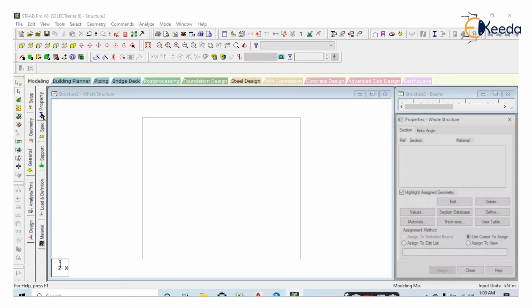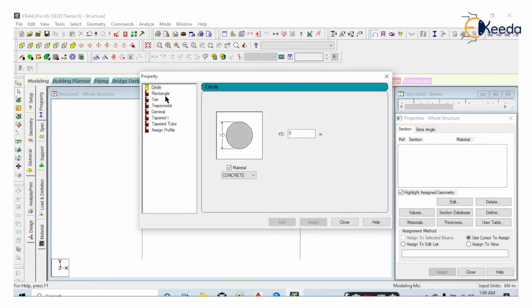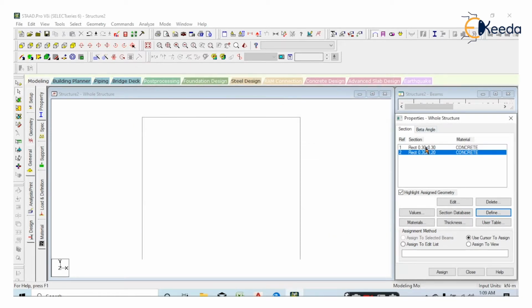Then go to general property, define rectangle. YD is 0.3 and ZD is also 0.3 for column. It's a square column and YD is 0.3 and ZD is 0.2 for beam. It's a rectangular beam, right?